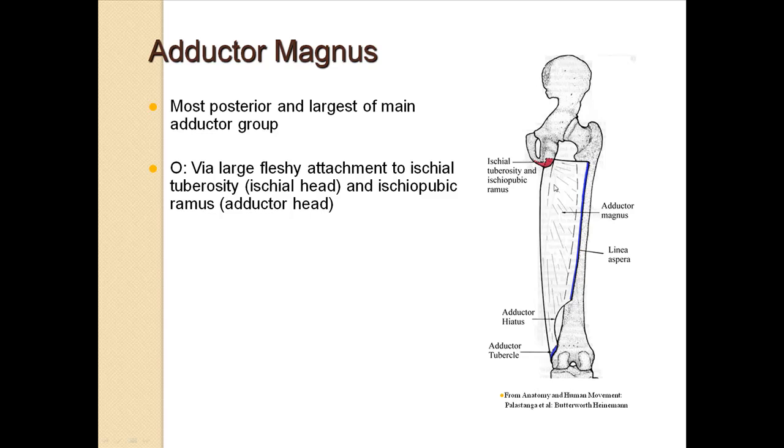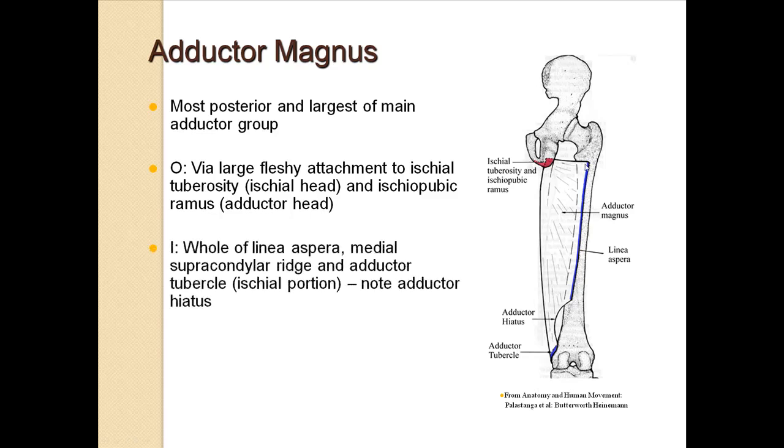The two heads pass distally and laterally, and the muscle itself attaches to the whole length of the linea aspera and to the adductor tubercle and medial supracondylar ridge on the medial condyle of the femur. There is a gap between these two attachments. This is known as the adductor hiatus, and the role of the adductor hiatus is to allow the passage of a blood vessel from the anterior compartment. So as the femoral artery runs down, it passes through the adductor hiatus to enter the posterior compartment before becoming